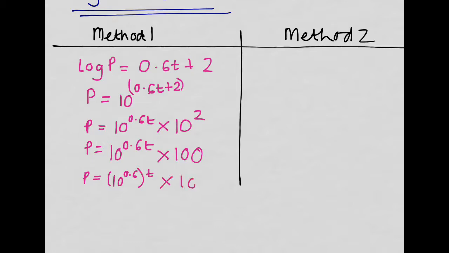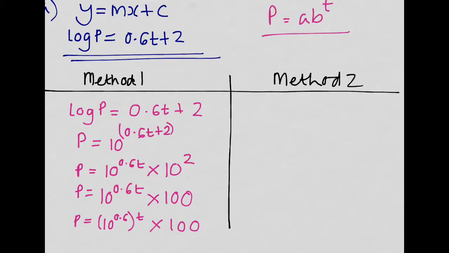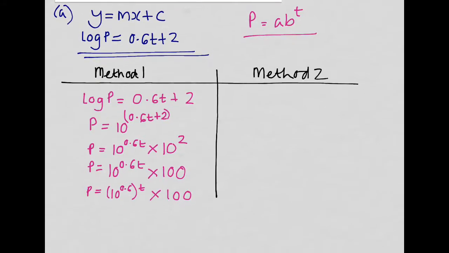multiplied by 100, because if you remember, there's another power rule which says that if you've got a squared all cubed, that is the same as a to the 6. So you multiply the powers. So what we've done is said, well, these powers are multiplying, so that's the same as 10 to the 0.6 all to the t. Now I can do a bit of comparison with what I originally had, and I can see that